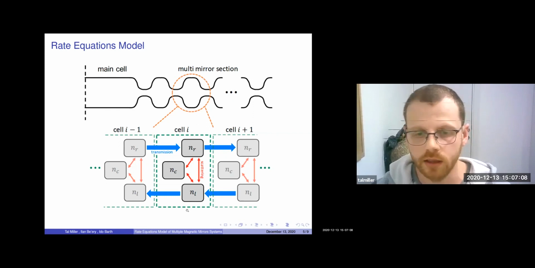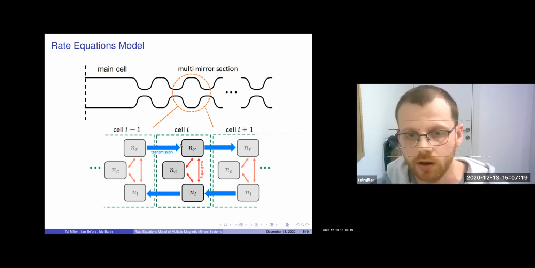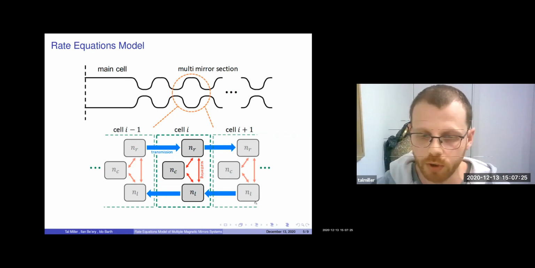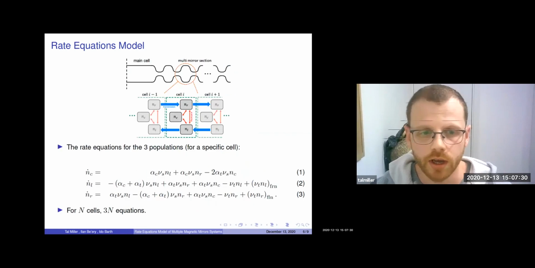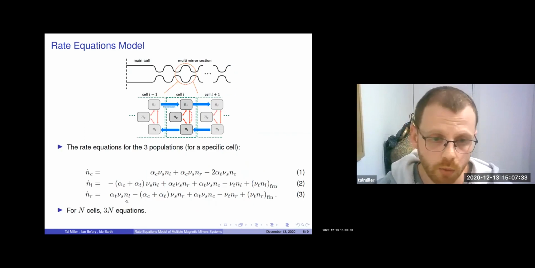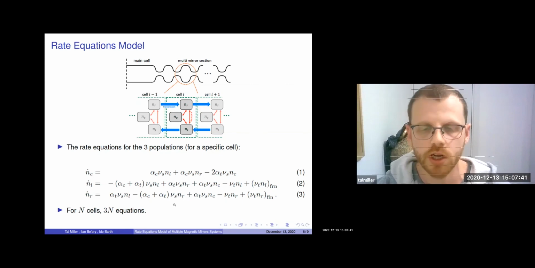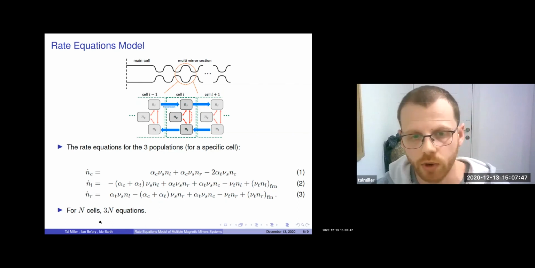Our rate equations discuss the relations between them. So within a given cell, Coulomb scattering can transform particles from being trapped to being lost, and vice versa. And the particles that are in the loss cone get transmitted from one cell to the other, where the right-going particles only go to the right and the left-going particles only go to the left. This is schematically how our model looks. Here, I'm also showing what the actual equations look like for a given cell, but I will not discuss each term. So for every cell, we have 3 densities, and for a total of n cells, 3n equations.